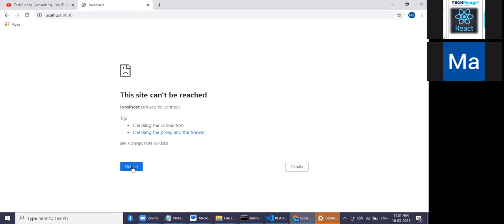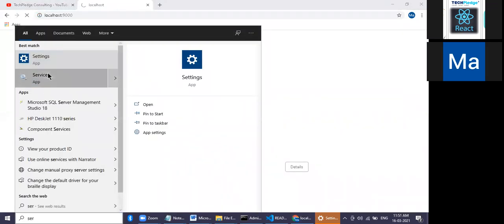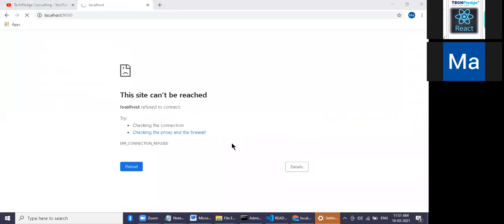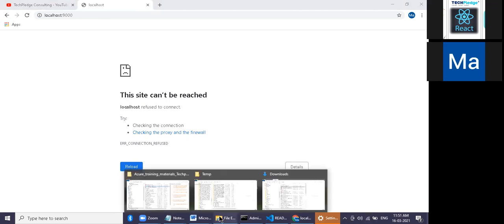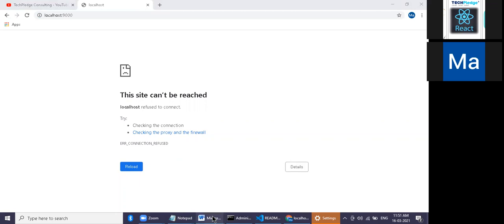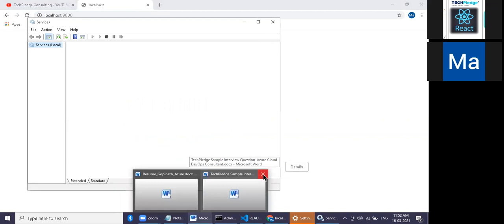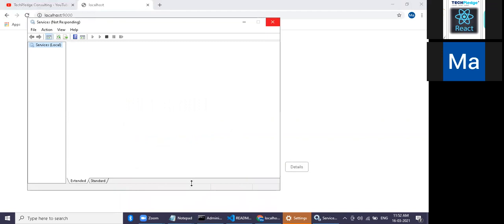Go to services and check whether your Jenkins service is running or not. No, it's not 9000. Hold on.